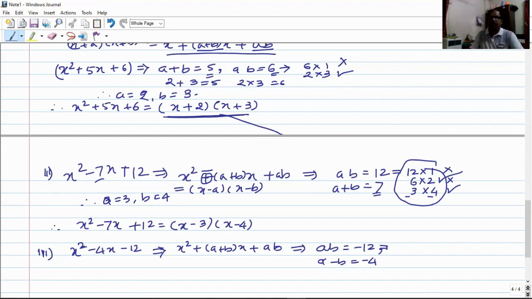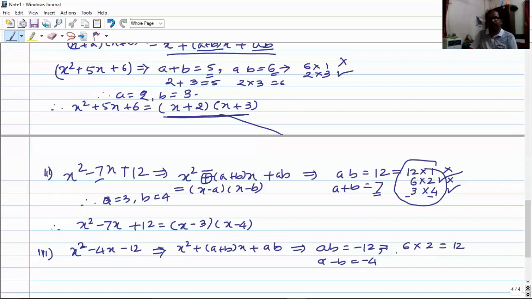So now, student, the product of the two numbers is 12. Obviously the product should be equal to minus 12 only if one of them is negative, that is, one is positive and one is negative. Now here the very important concept is how to decide which sign should be given to which number, because we are going to give opposite signs to these two numbers. So this sign should be given very carefully.